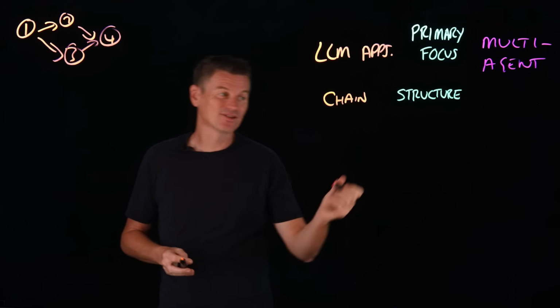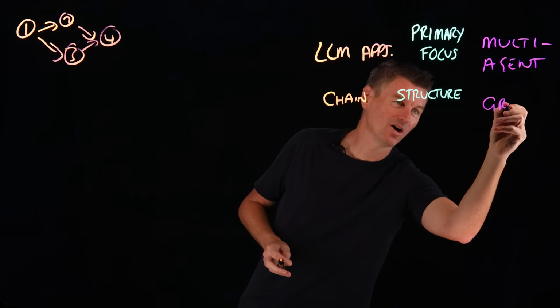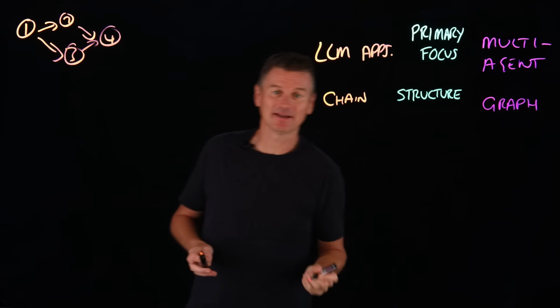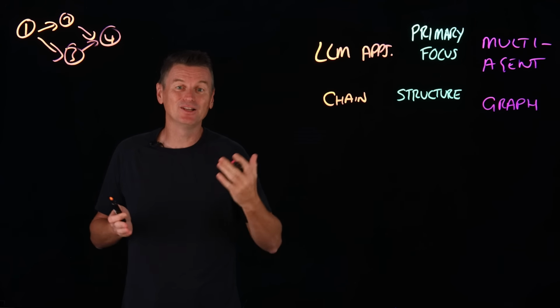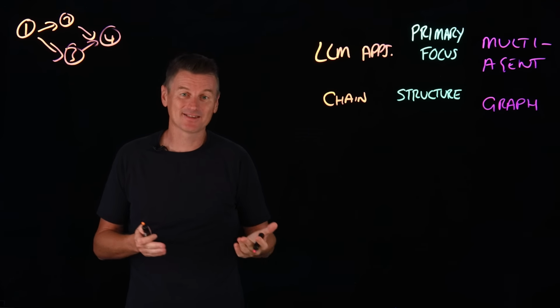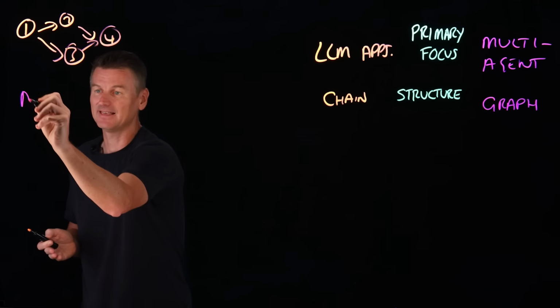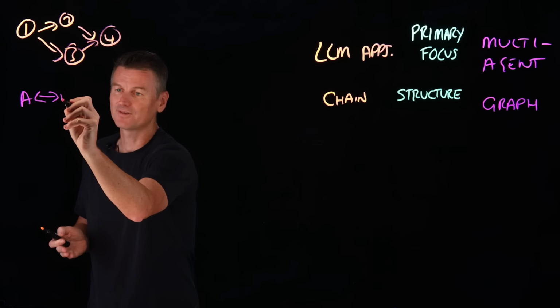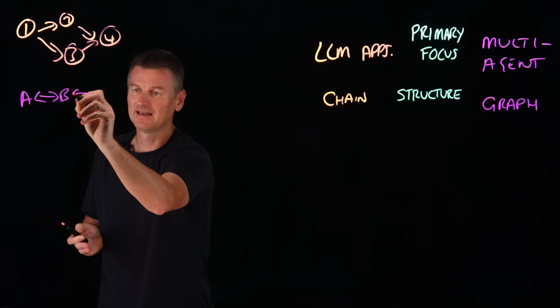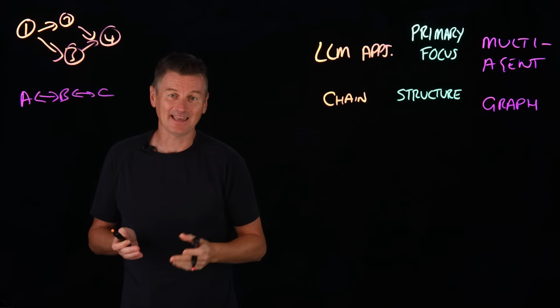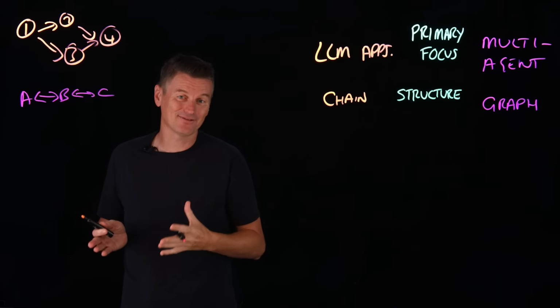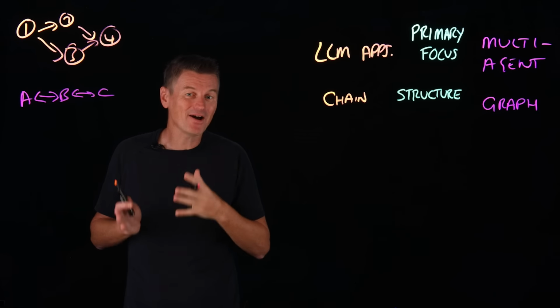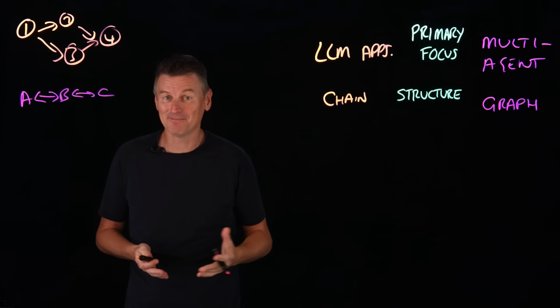Now, LangGraph's graph structure, on the other hand, is a little bit different because it allows for loops and revisiting previous states. So we might have state A, which can go backwards and forwards with state B and state C. And this is beneficial for interactive systems where the next step might depend on evolving conditions or user input.